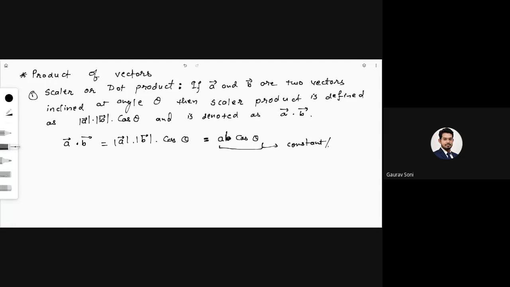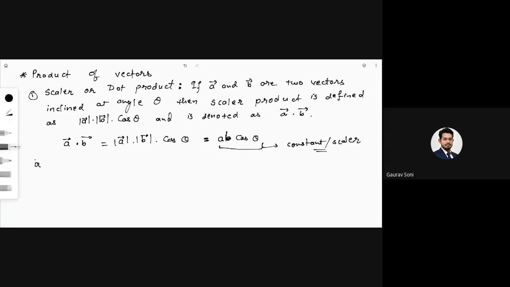In these terms, it is scalar. So the answer is scalar, that's why it is called the scalar product or the dot product. Now this is the theoretical definition of how you multiply two vectors, but how we are going to multiply in